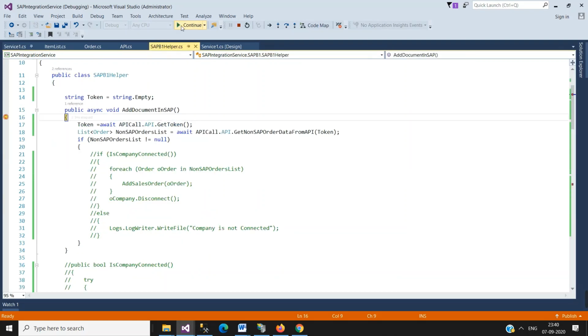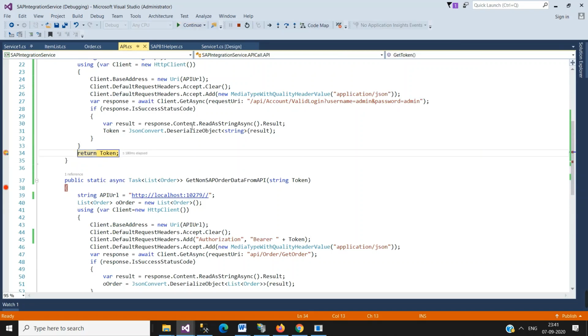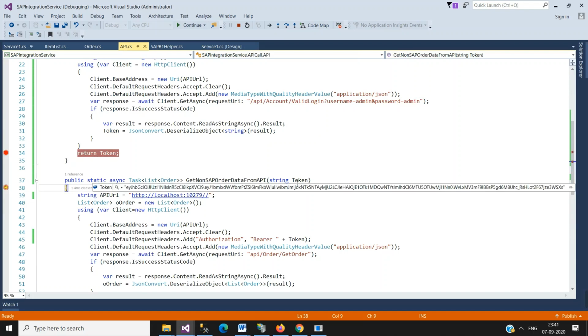Continue. First, it will give us a token, you can see, with the help of this API, and the same token is being passed to the other API to validate.